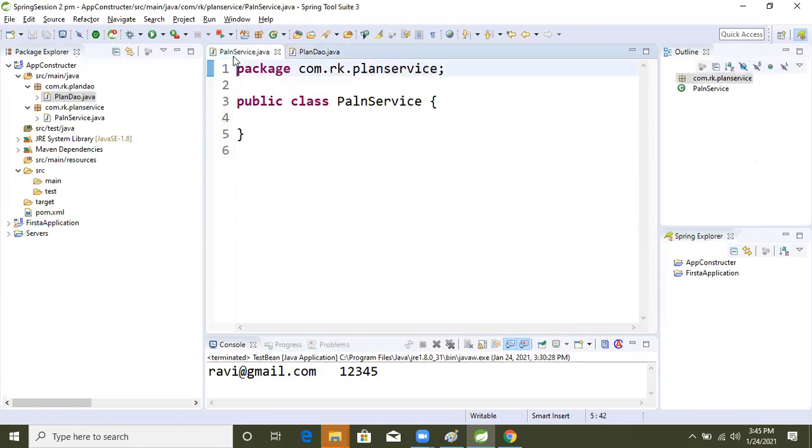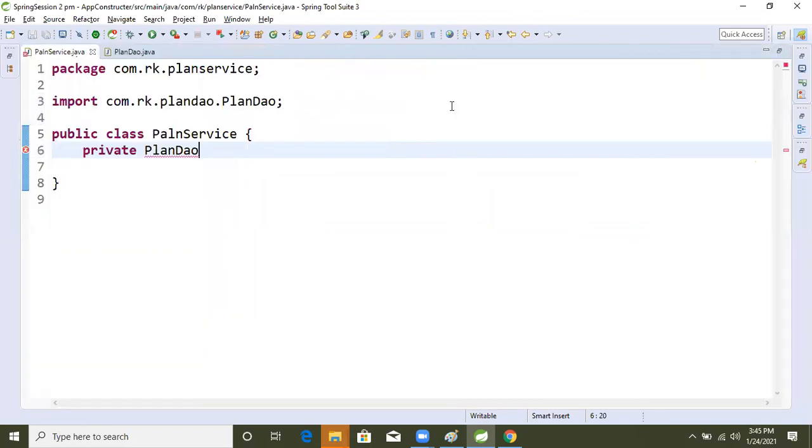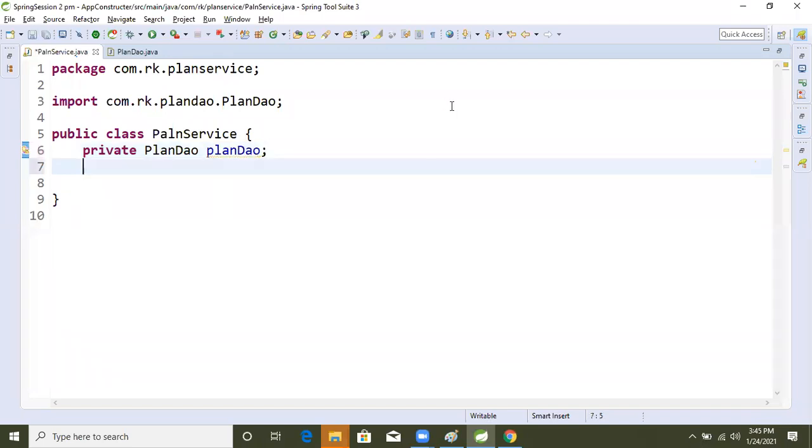Now here we will create a private PlanDao attribute, a reference type object. This attribute I'm going to inject using constructor injection.